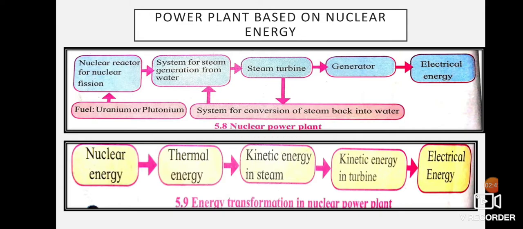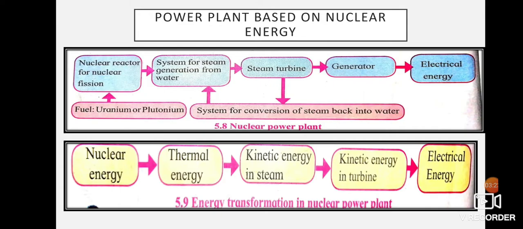Here, if you look at the nucleus, the nuclear energy is getting converted into thermal energy. During this reaction a large amount of heat is given out. This heat is used to heat the water. So the nuclear energy gets converted into thermal energy. The thermal energy gets converted into kinetic energy of steam. The kinetic energy of steam is converted into kinetic energy of the turbine, and finally the kinetic energy of the turbine is converted into electrical energy. The step by step transformation of energy is also shown in this figure here in yellow, which you can go through and learn by heart.